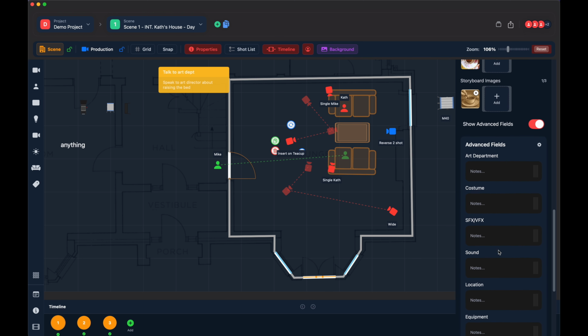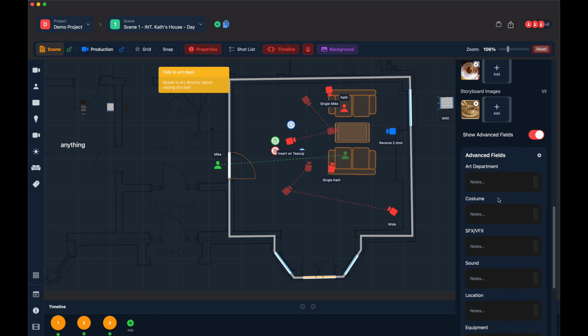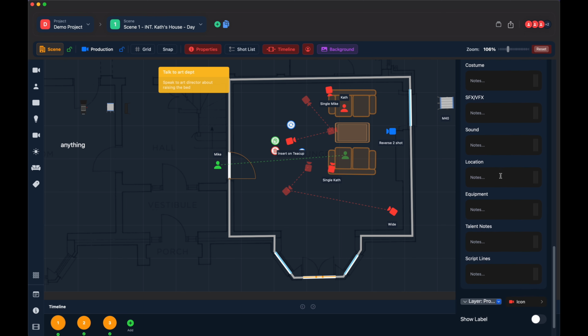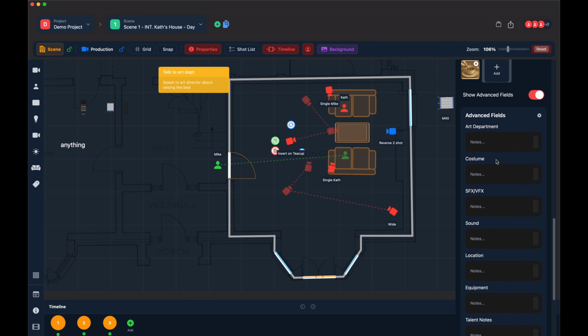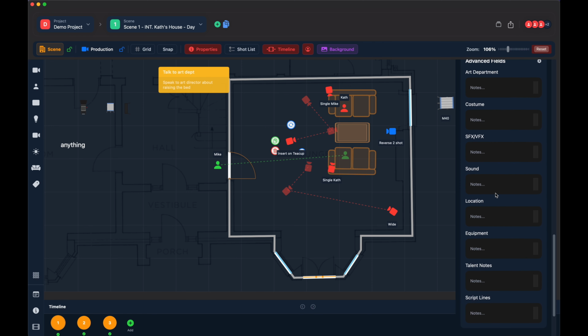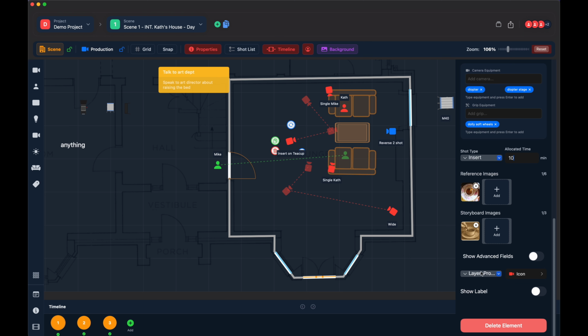And advanced fields is just a bunch of places that you can add notes, basically. So if anybody would like more advanced fields, I'm very happy to hear what those would be and add those. But yeah, I just wanted to have plenty of place for adding in notes that you can come refer back to later on. And then right at the bottom, we have the ability to select the layer, as I said,